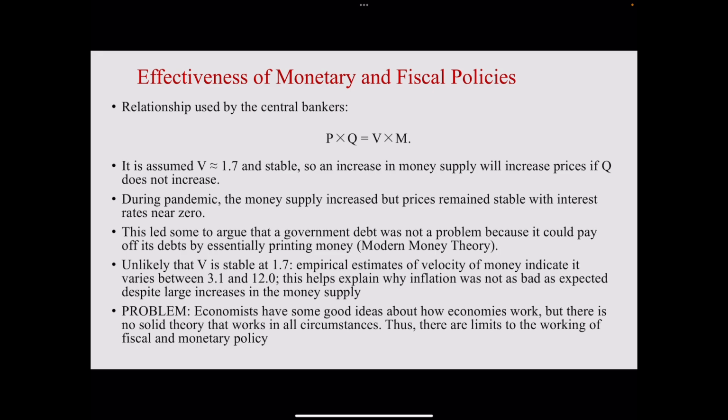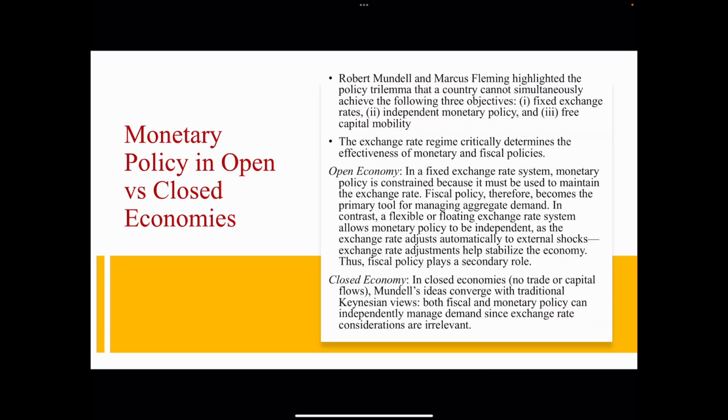The problem is that economists have some good ideas about how the economies work, but there's no solid theory that works in all circumstances. Thus, there are limits to the working of fiscal and monetary policies. So then we come to the issue of open versus closed economies. This is work that was done by Robert Mundell, a Canadian who won a Nobel Prize for this work, and